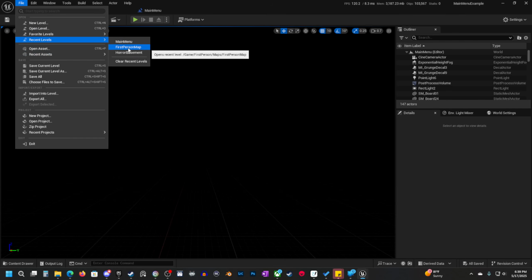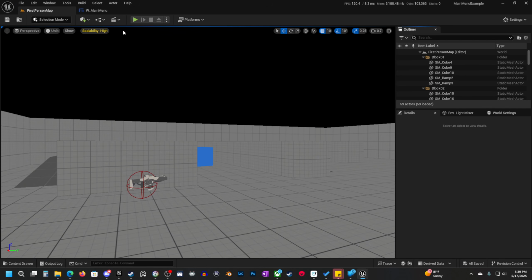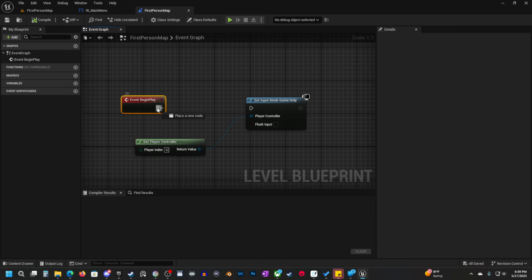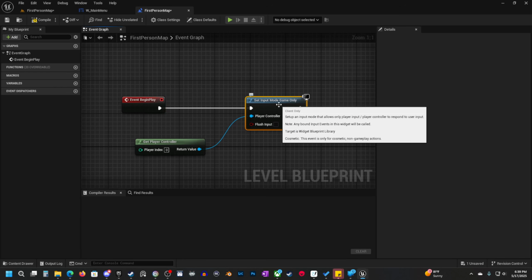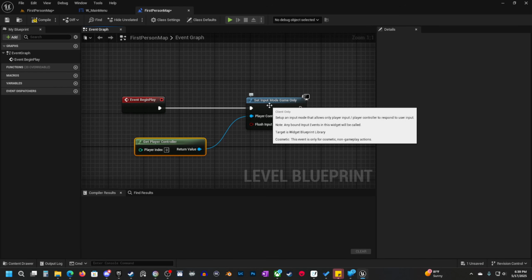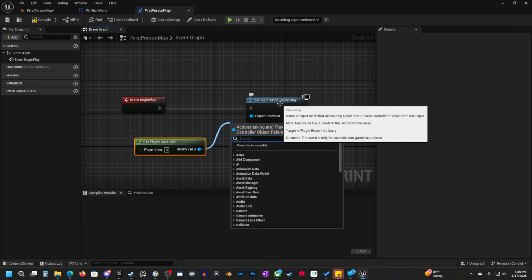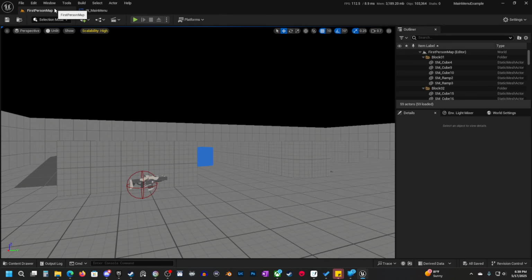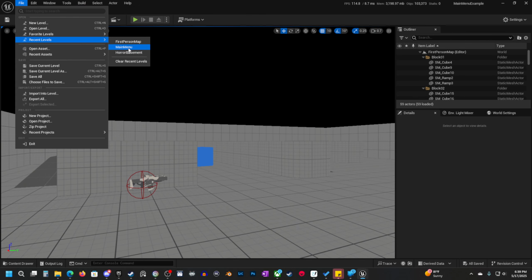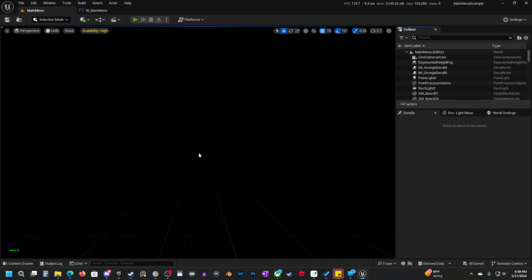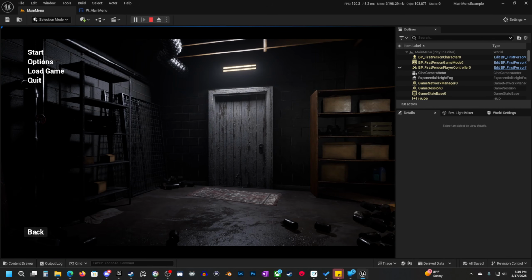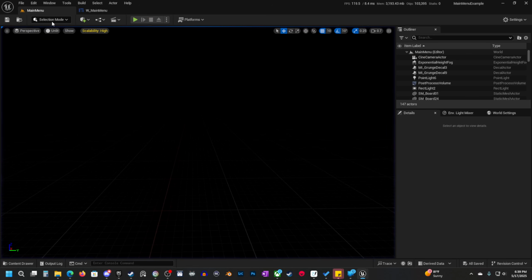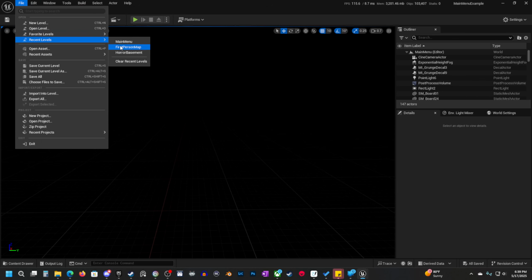So we need to go to our first person map or whatever your level is going to be, and in your level blueprint, you need to, on begin play, get your player controller and then drag out of that and type set input mode game only. Okay. And then you should be good to go. So let's just try that out one more time. Main menu, play. Okay. That's good. Start. And we're in our level. Everything is working. Okay. Let's go back to main menu